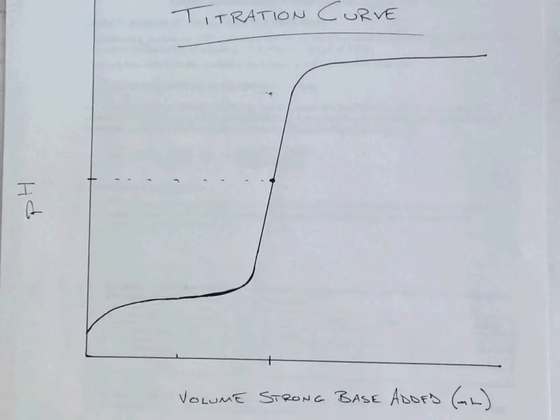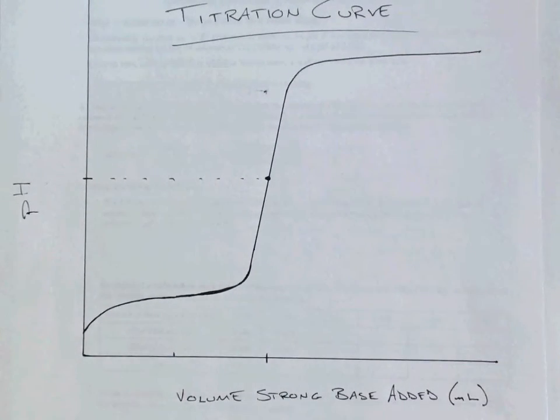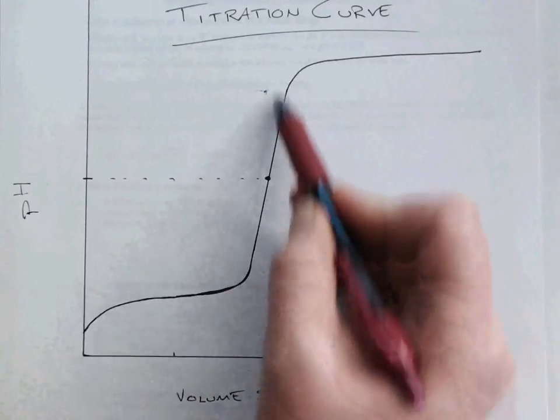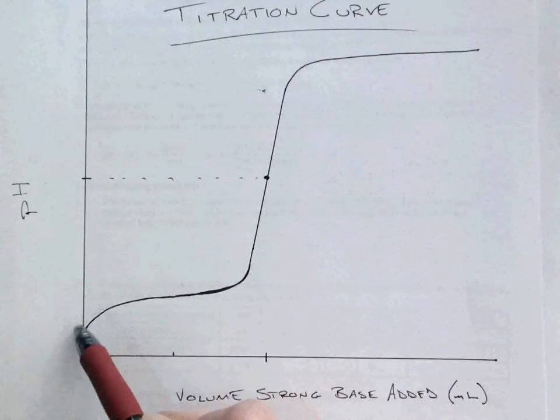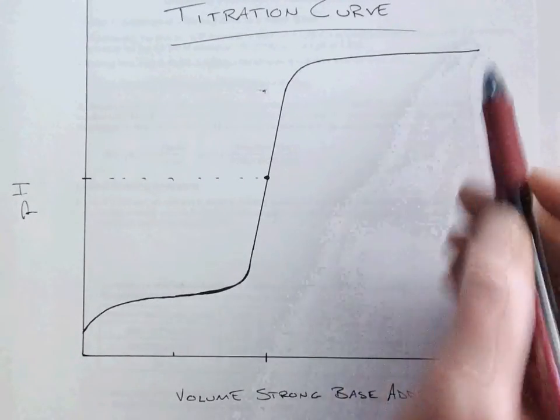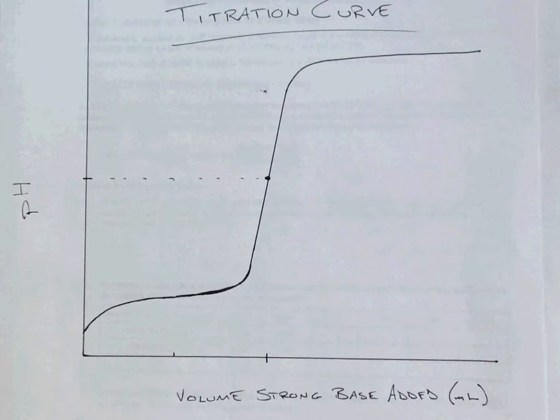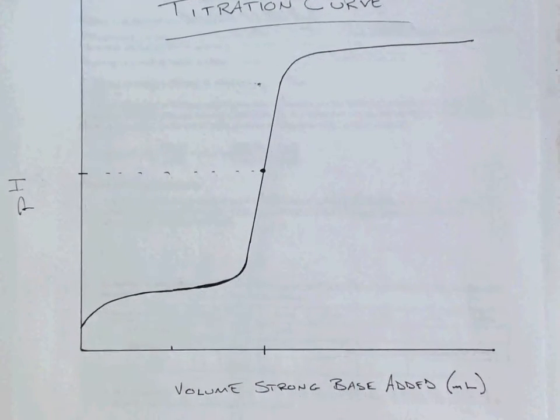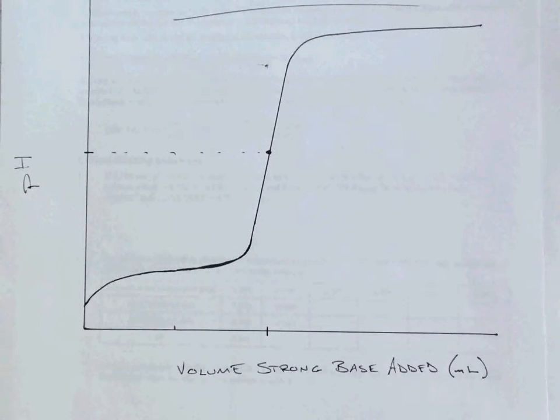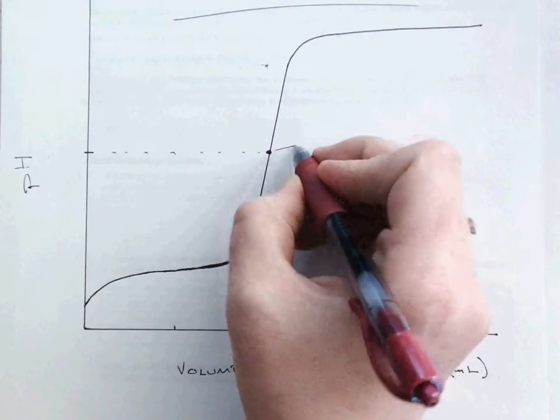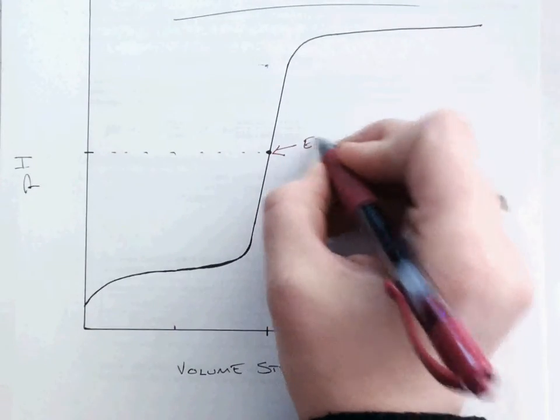So, ways to recognize this. If it starts at low pH and goes to high, you are titrating an acid, of course. If you have this buffering hump here, you're titrating a weak acid. And you would be titrating a weak acid against a strong base. It would look like a big mess if you were titrating a weak acid against a weak base. And we want to know two very important points on this titration curve. The equivalence point